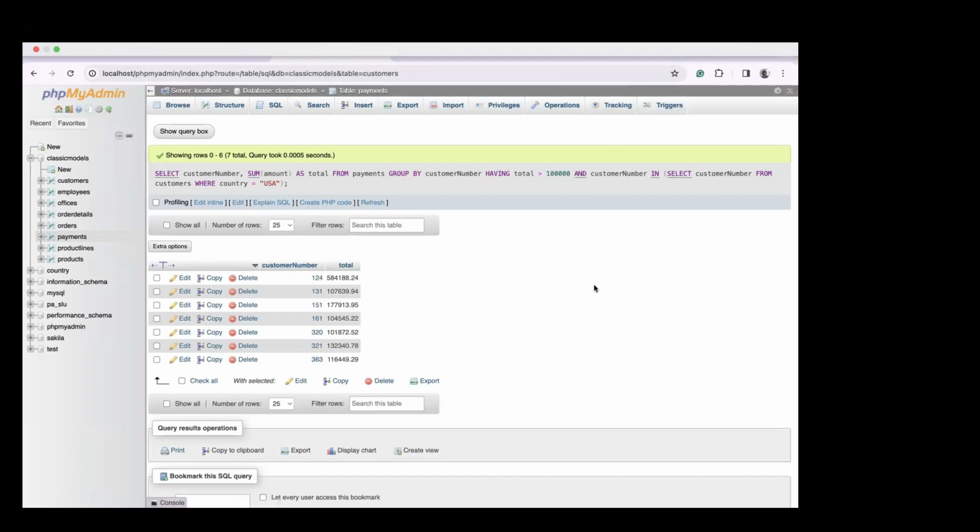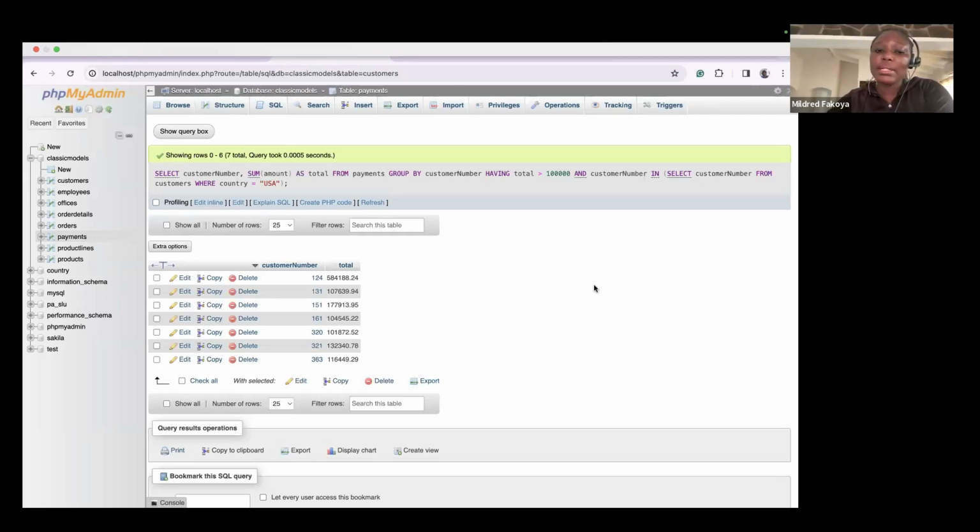Yes, I have a question. Okay. Pretty straightforward. Can a subquery be seen as a type of join? No, it's not a type of join,